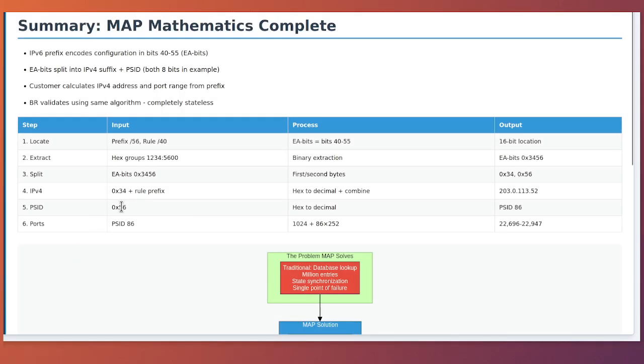Summary and key insights. Let's bring everything together and summarize the key insights about MAP mathematics. The fundamental innovation of MAP is that configuration information is embedded directly into the IPv6 prefix rather than stored in external databases. When an ISP assigns a customer the IPv6 prefix 2001:DB8:1234:5600::/56, this is not an arbitrary number. Specific bit positions within this prefix encode the customer's IPv4 address suffix and PSID, which together determine their complete MAP